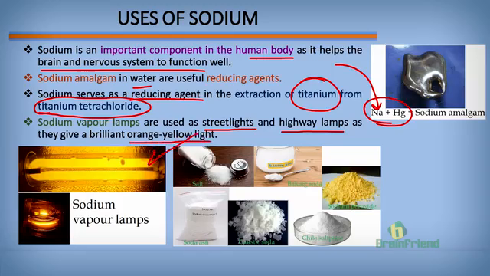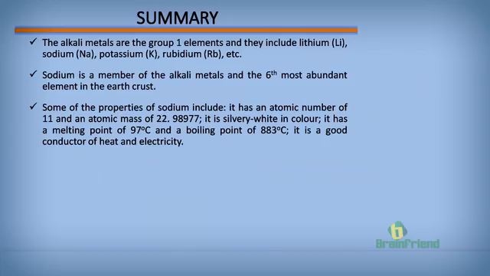So here we have an image showing us how a sodium vapor lamp looks like. So here we have the uses of sodium. And with that, we came to the end of this lesson. Let's take a quick summary. We say that alkali metals are the group 1 elements, and they include lithium, sodium, potassium, rubidium, etc. We also say that sodium is a member of these alkali metals, and it is the 6th most abundant element